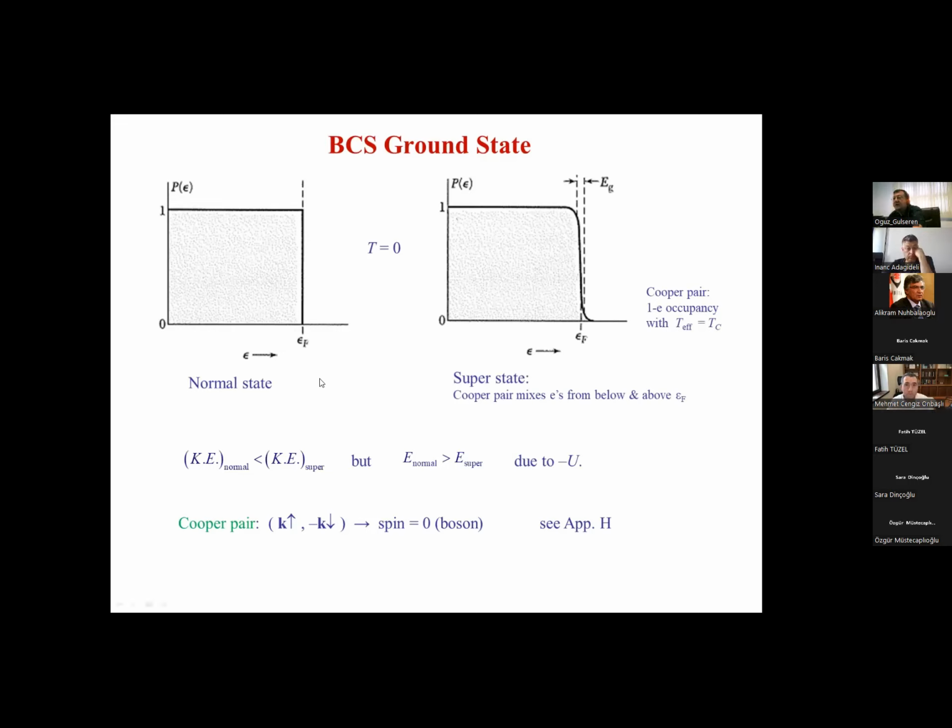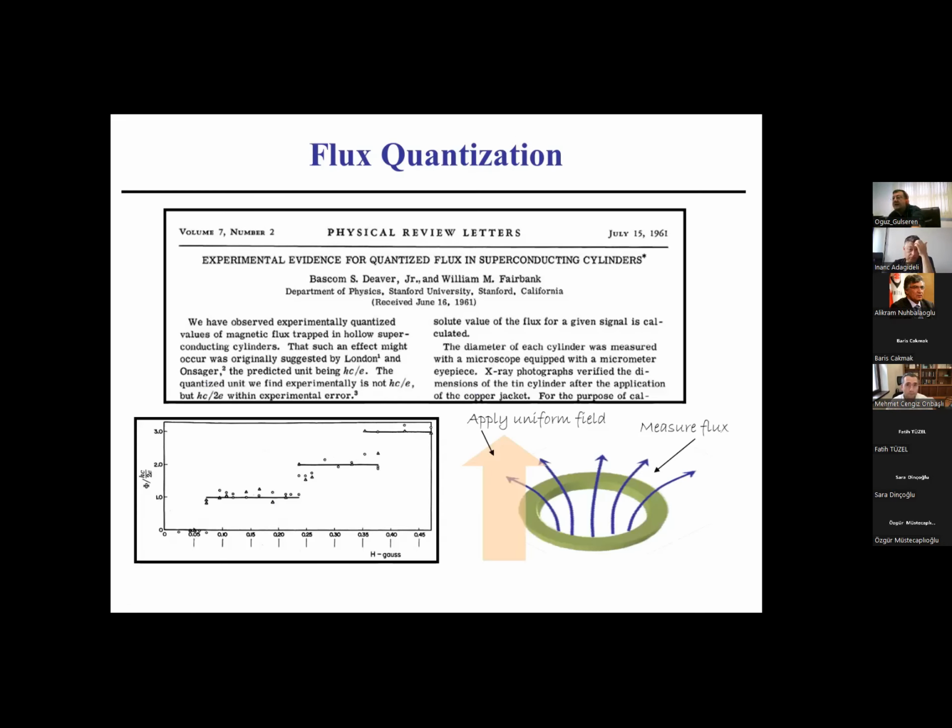In the normal state, for example, even at zero temperature, we have the Fermi-Dirac distribution. So here, up to the Fermi energy, all the states are occupied. With the formation of the Cooper pair, there is an opening of the band gap, the superconductor band gap, because of this bound state. We will see the implication of this in a minute. That's why I'm just mentioning this without deriving that.